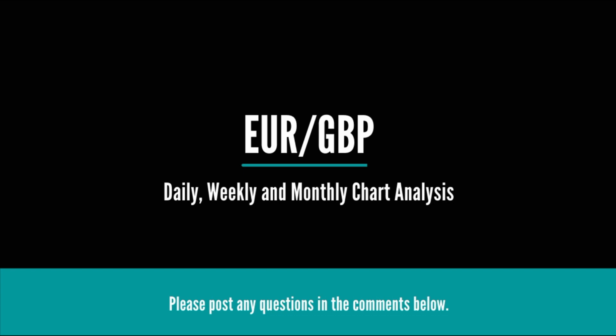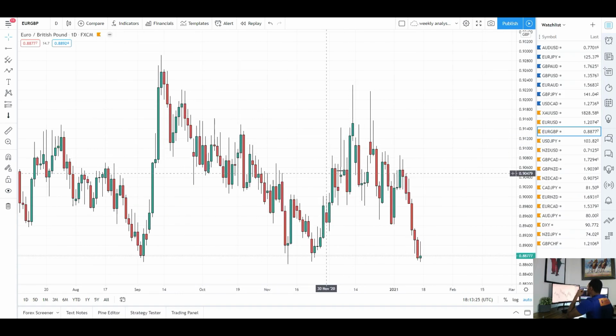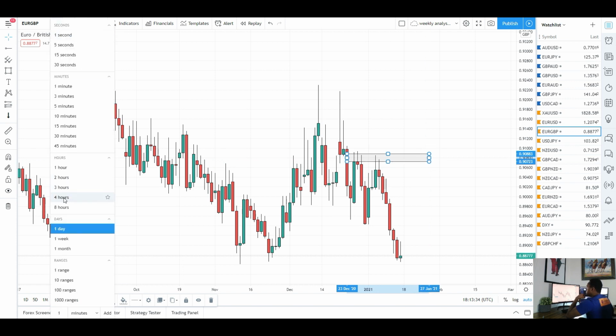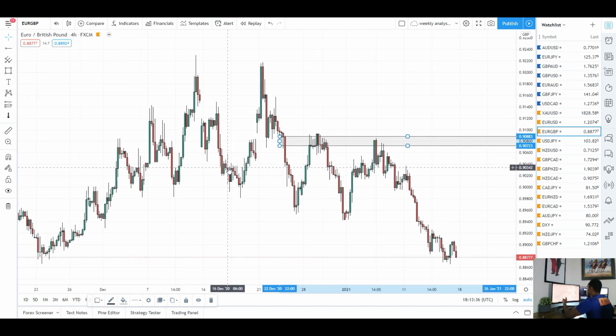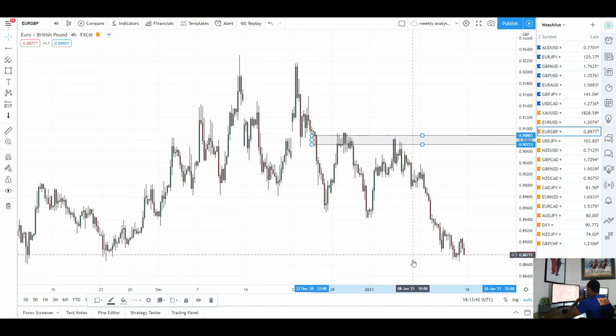Up next is Euro GBP. Okay, so for Euro GBP, we saw movement to the downside this week. I was saying last week, we probably do expect a movement to the downside as long as price stays below this previous swing high there. You can see it better on the 4-hourly chart. So again, price was making those lower lows and lower swing highs. It had another push to the upside, retesting that area of resistance, and we saw a move to the downside